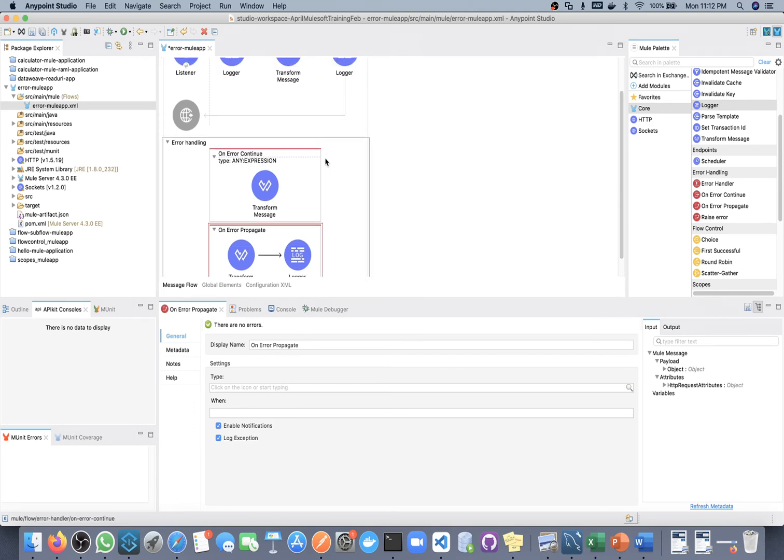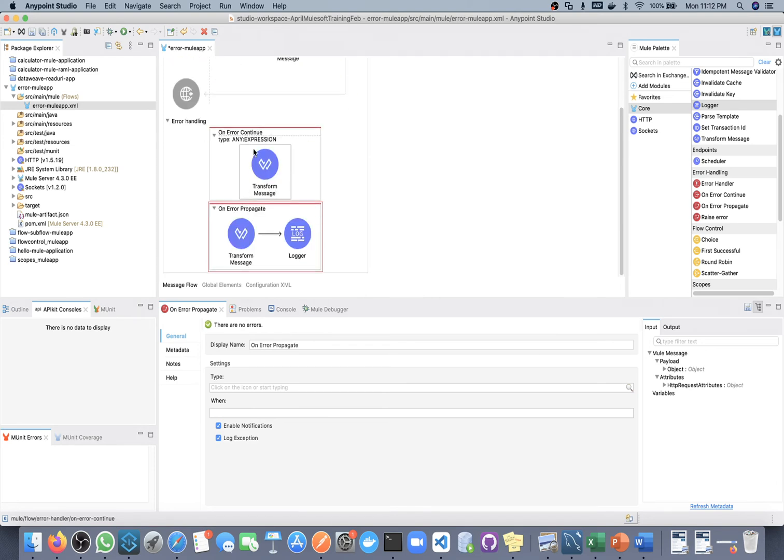Why? Whenever there is an error and we have multiple error handlers, it will check from top to bottom. If we keep any at the top, then whatever error comes, it will go to any. But we have specified different error handlers for different cases.